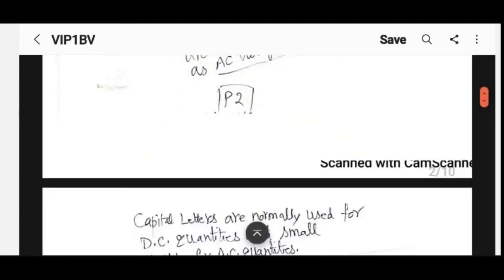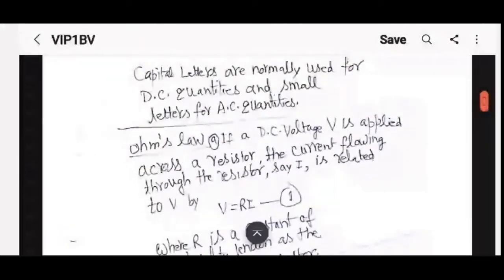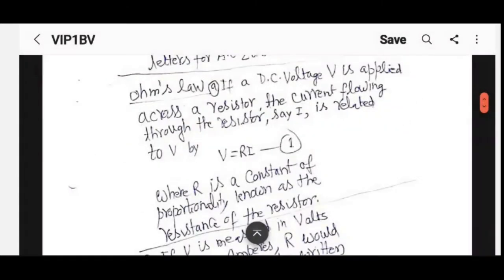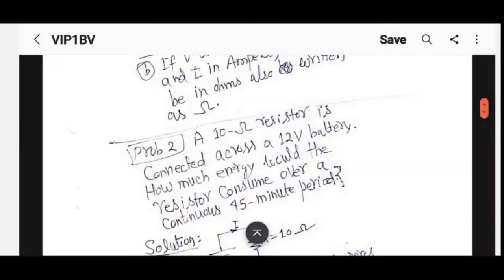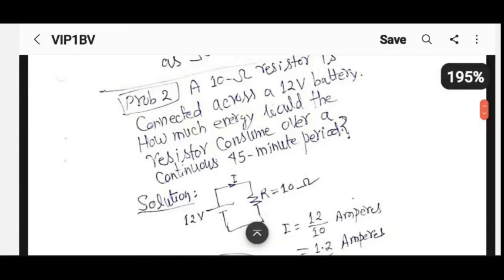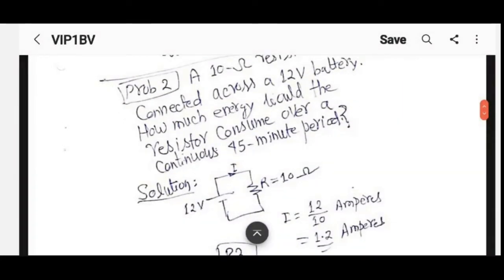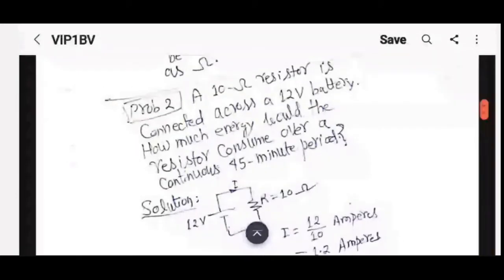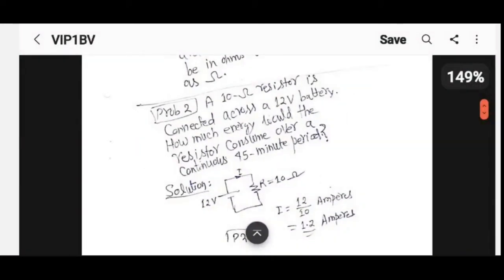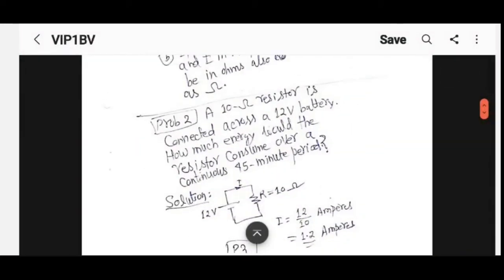Okay, so I'm not going to bore you with all these things that you know. Ohm's law, V equal to Ri, you know this quite well. Let me move faster. You can go through it carefully once you get it, but I think you know all this, so there's no point wasting time in going through each and every line. But one thing that I would like you to look at, just in case you're not sure even now, is this solved problem. Very simple.